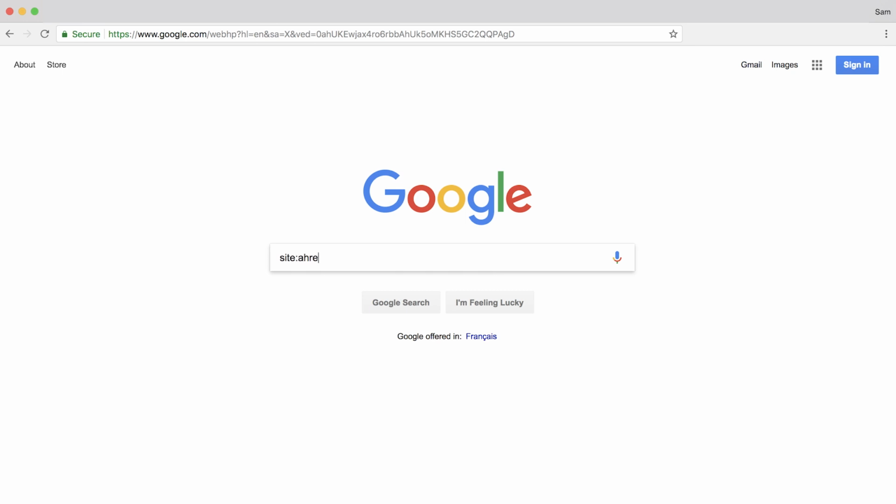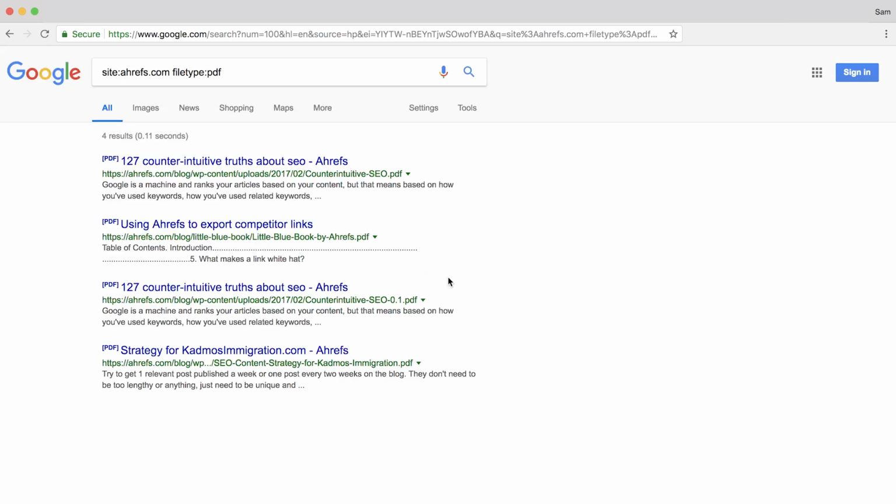Now, a good example of this is if you use lead magnets or content upgrades to generate new leads. You'd probably want to protect these assets by correctly configuring your robots.txt file. You can check your site by doing something like this. Site, then your domain, so I'll use ahrefs.com, and then filetype PDF, or whatever file extensions you might have on your server. And you can see some PDFs that I don't think are supposed to be in here.